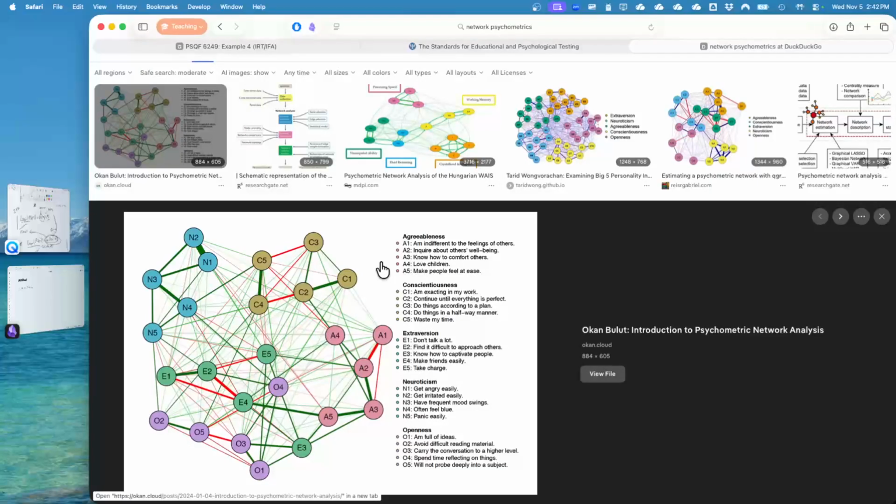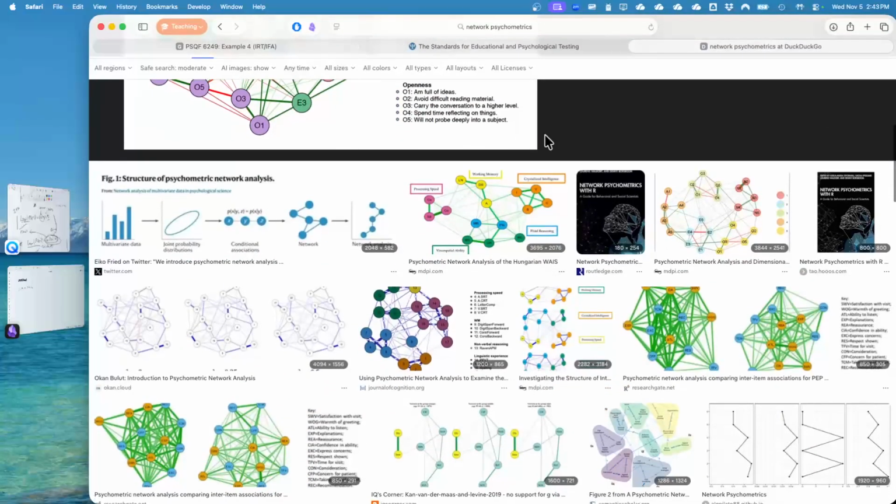Network psychometrics. This is an example of it. Network psychometrics itself does not look for latent variables. It takes a matrix of partial correlations or semi-partial correlations, and it tries to see which items are closest, most heavily related to each other. It's hard to tell with this graph when you get too many items in a graph. But if you were to compare and contrast, there's a pretty famous